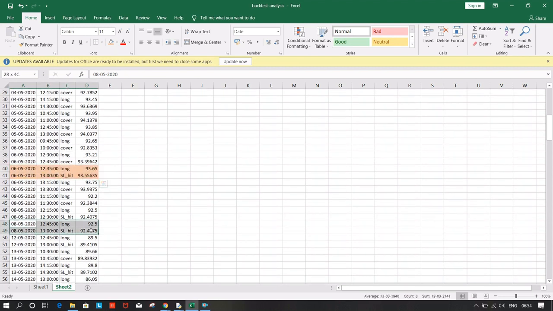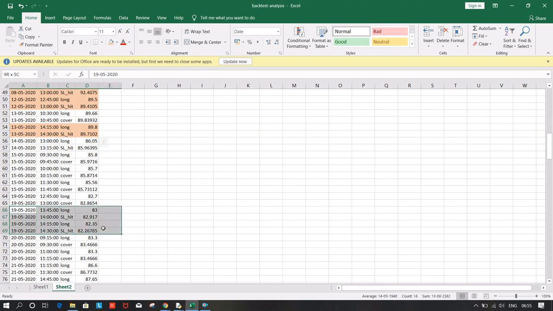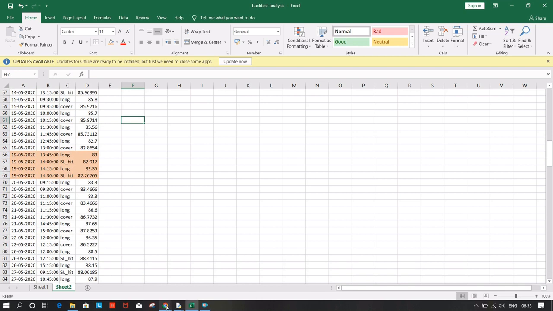Here on 8th there is, on 12th stop loss here, then on 13th. I can't see many stop losses together on the same day, like here it is on 19th. On 19th we have one profit and two losses, so 19th is break even, because our profit taking is at 0.2% and loss is 0.1%. So we are break even on 19th. We didn't have a loss on 19th, but still we will see what went wrong.